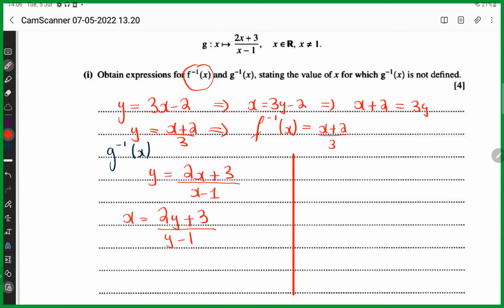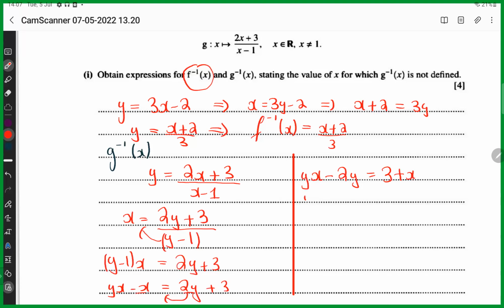Now you need to make y the subject. So I'll take this entire thing on the other side and it would give me (y minus 1) into x equals 2y plus 3. I'll expand and it would give me yx minus x equals 2y plus 3. And now I would get yx, I'll take this 2y on this side. Yx minus 2y equals, and I will take this minus x on the other side, so it would become positive x. I can take y common and it would give me,